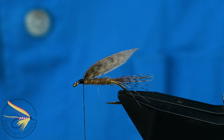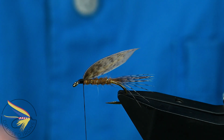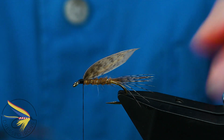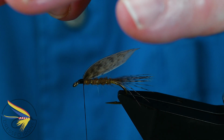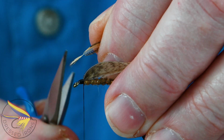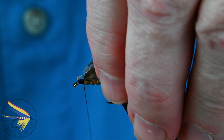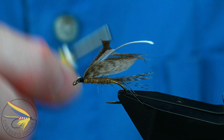Dropped my hackle pliers. I'm going to grab my hackle pliers and just grab the tip of this. When I do that, I can stroke down the barbs in a reverse direction to open up the tip of that feather. I can just clip off, leaving just a small little triangle to tie in right here where the hackle is going to be in the head space,